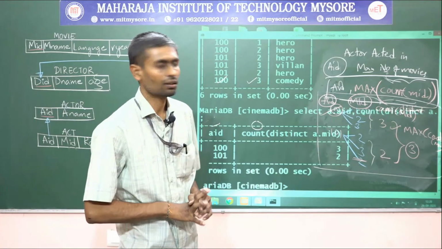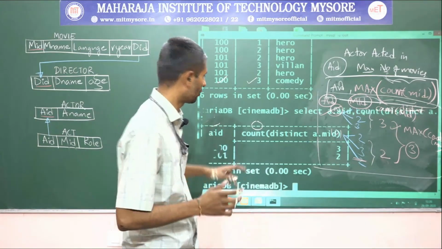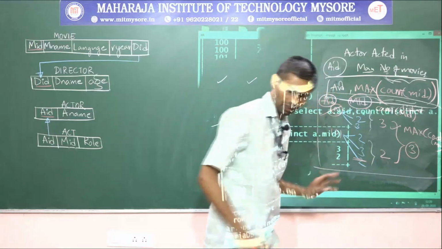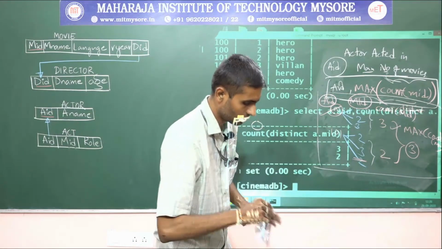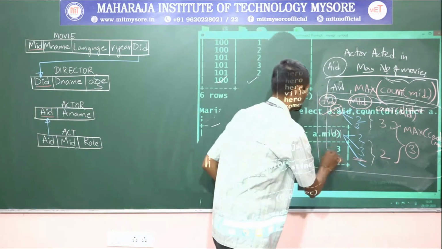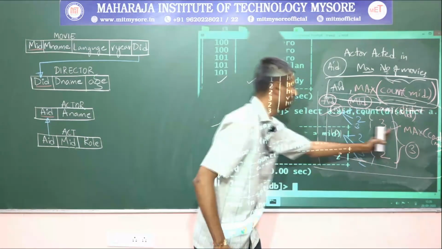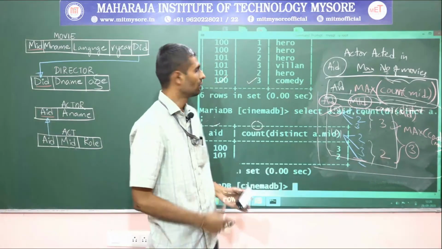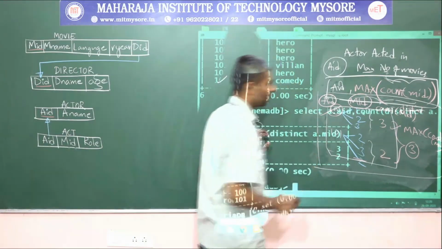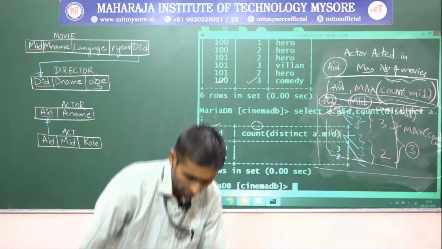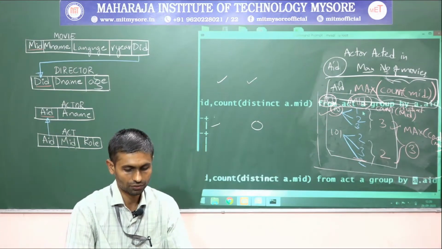What else can we write in the query? What else do we need to find out now? Till this much is ready, so this diagram, this picture, is over. The only thing left is this one we have to make out now. To do that, we said max of count. Let me check whether max of count works or not.